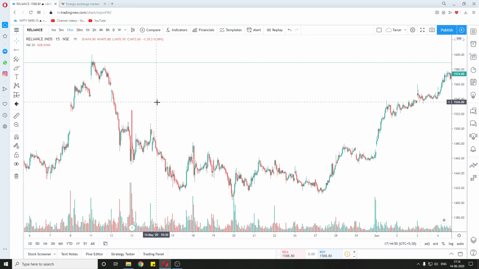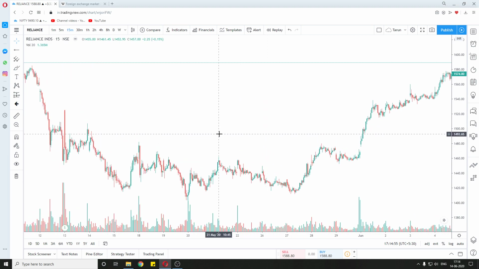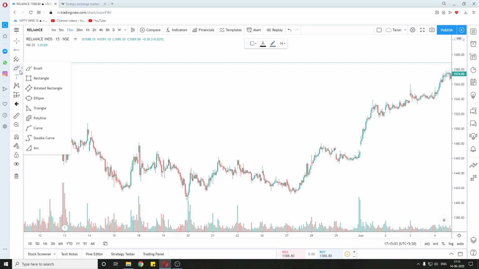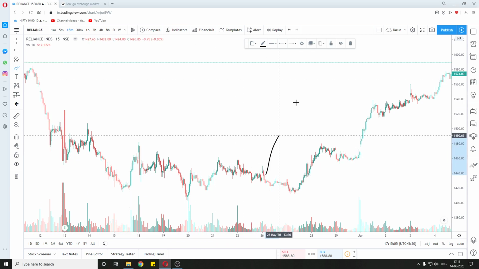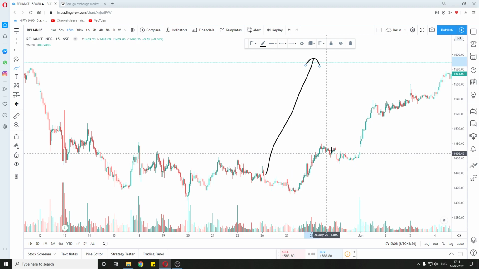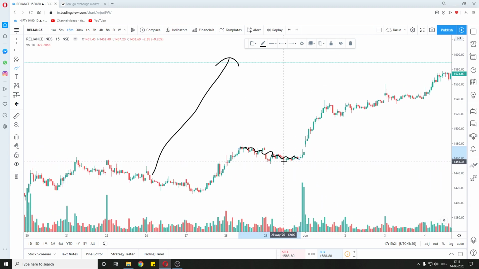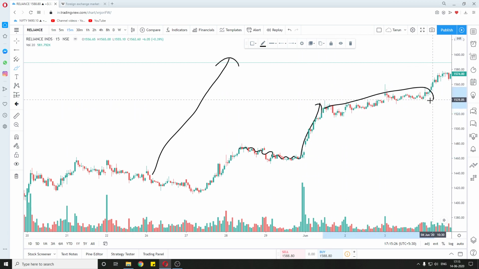And as I have shown in the example, most of the market is controlled by the big players, and the big players have too much money. They are not like us. They have a huge amount of funds, and they cannot simply come and market buy with their entire funds. If they do that, the price will take out all the sell orders and it will instantly go to a higher price. So instead, they put small orders over 5 days or 10 days or whatever time frame you are looking at. They do the small movement, and then when they have accumulated the entire position that they want, they push the price and then they book their profit.